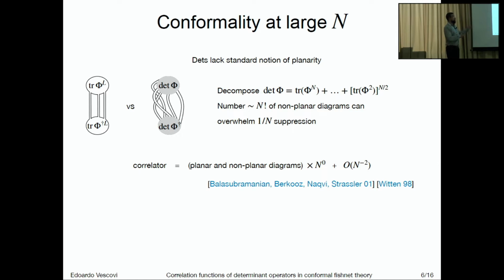For determinants, the story is different because there is no natural order. They are defined by epsilon tensors. You can swap fields. The worst thing that can happen is getting a minus sign. You can, of course, decompose them onto traces, multi-traces, but the catch is that to the leading order in N, there would be both planar and non-planar diagrams contributing. This is a very well-known fact